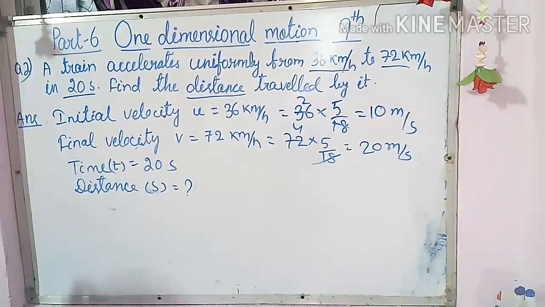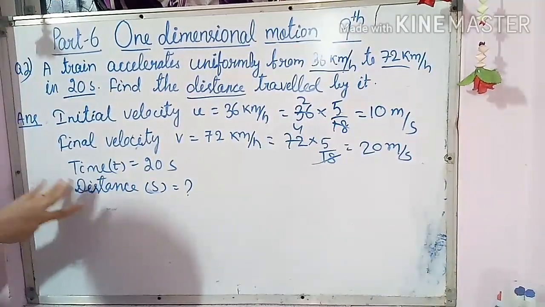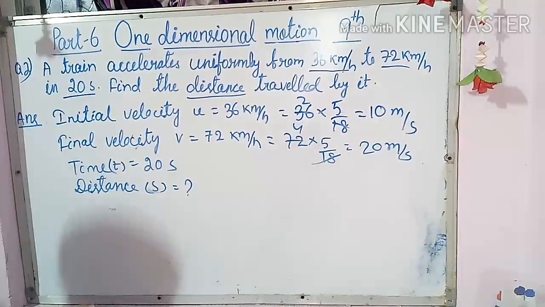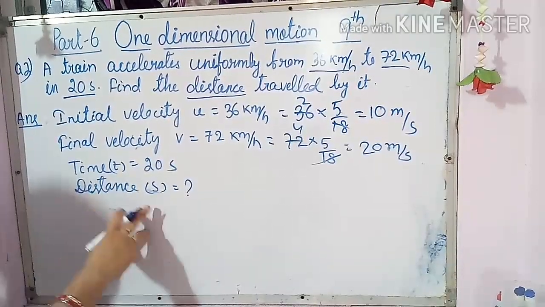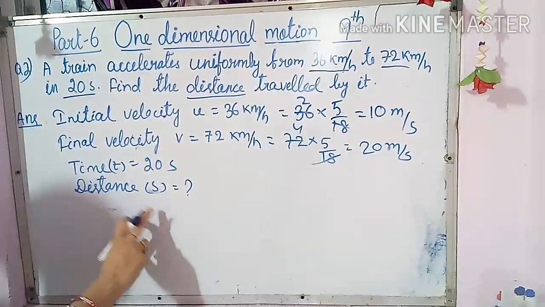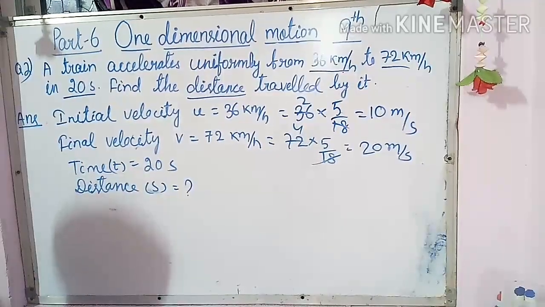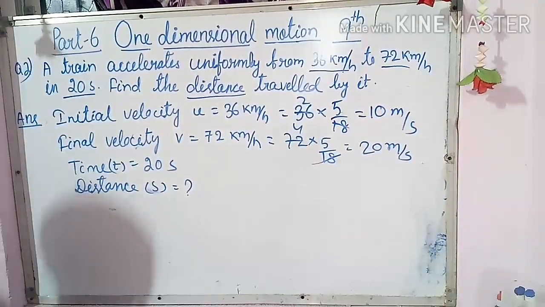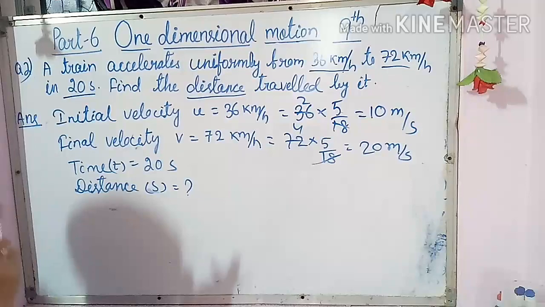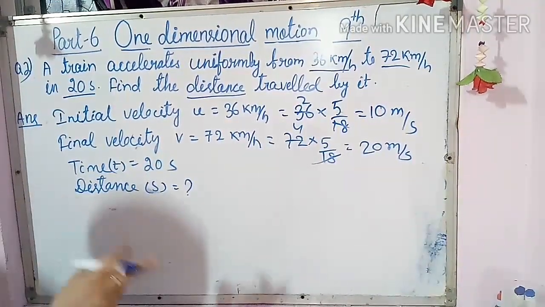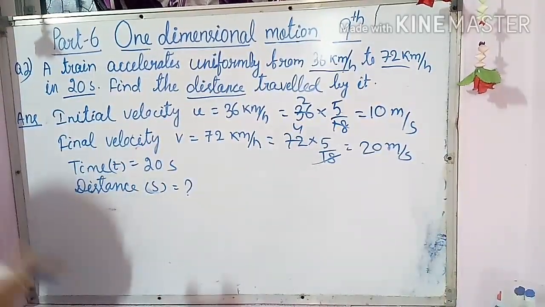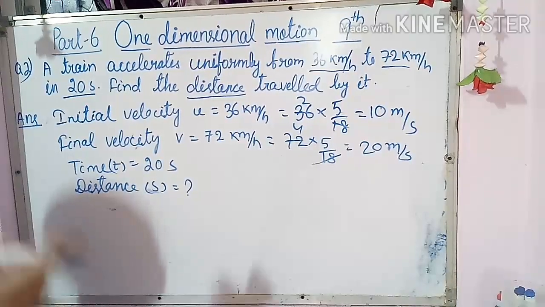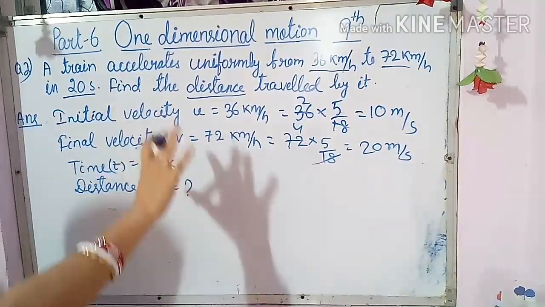Now children, as I told that you have to understand which is the required equation here. So as you know that to find out the S, two equations are there. S equal to ut plus half at square, or v square minus u square equal to 2as. So whatever equation it is needed, there is one thing, acceleration is needed. S equal to ut plus half at square, so a is needed. Here a has not given. Or v square minus u square equal to 2as, there also a is needed. So a is not here.